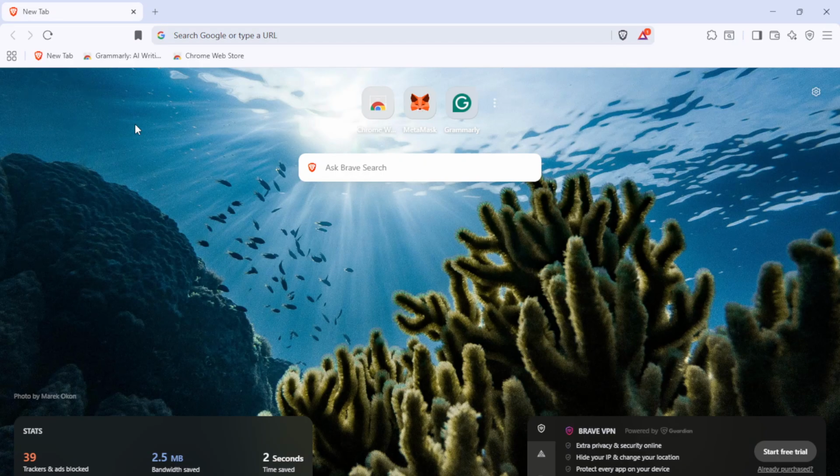That's it. Open the site, tap the three dots, choose Add to Home Screen, then create shortcut on Android or add on iOS and confirm. Your shortcut is ready and your favorite site is now